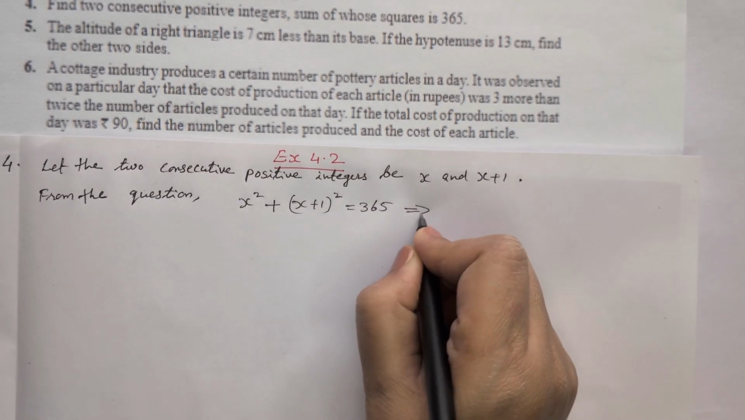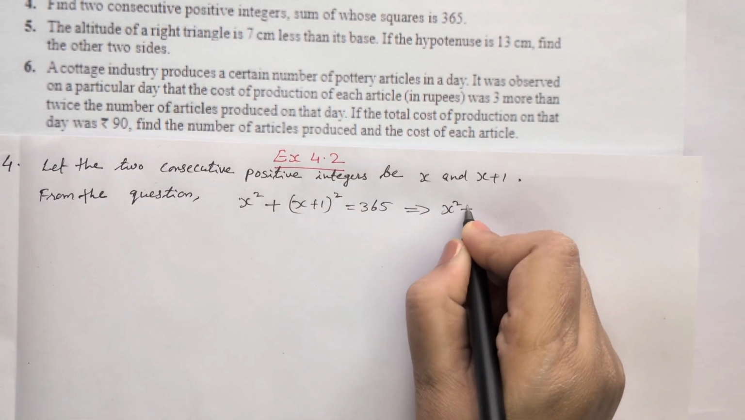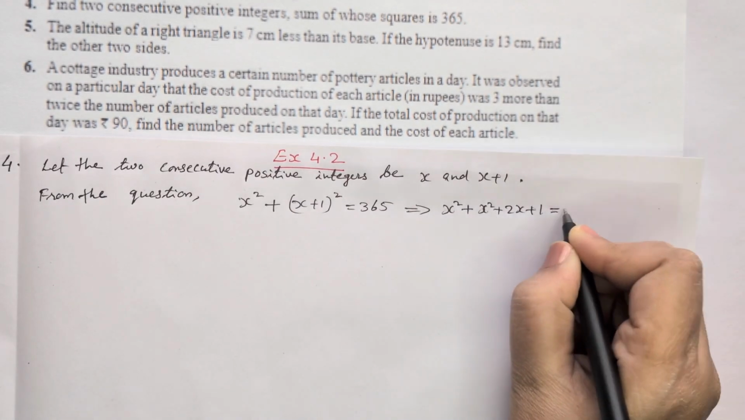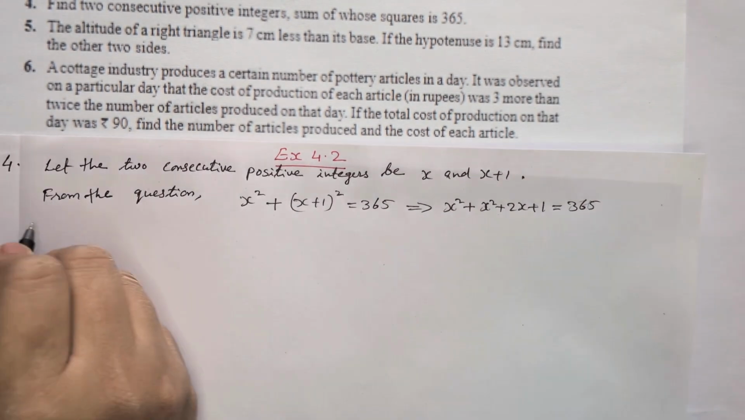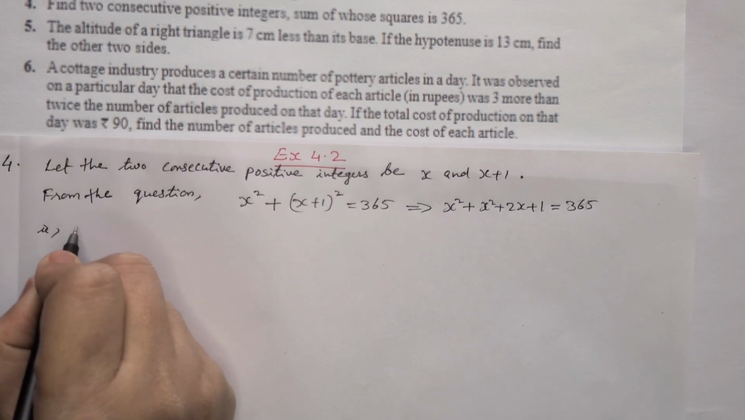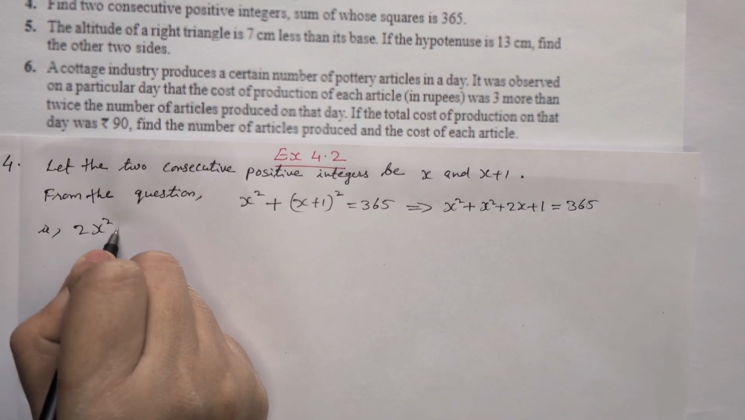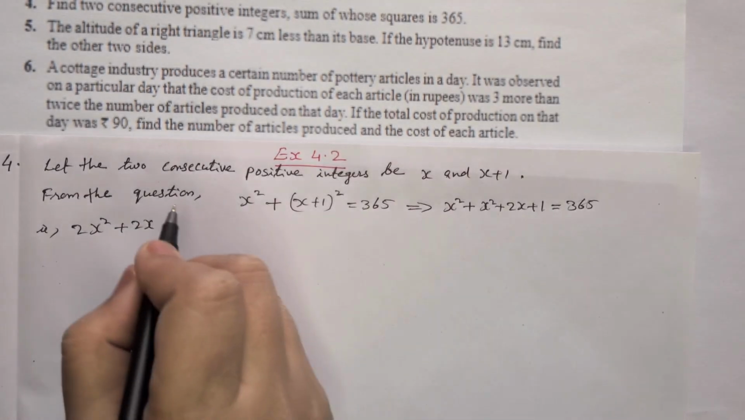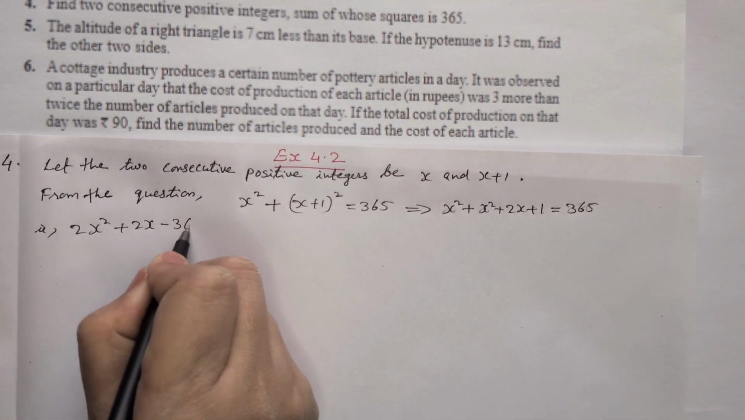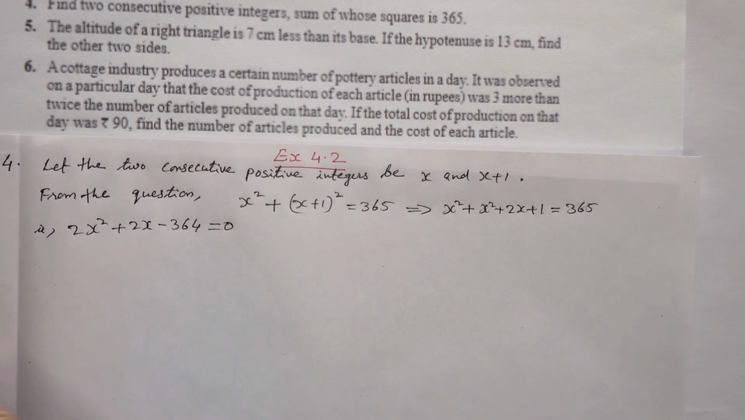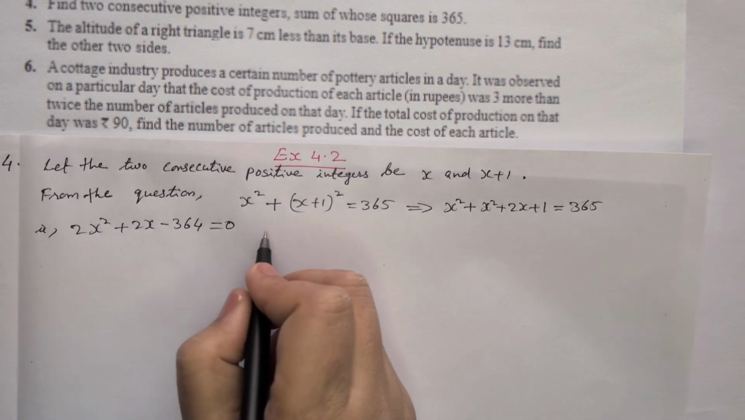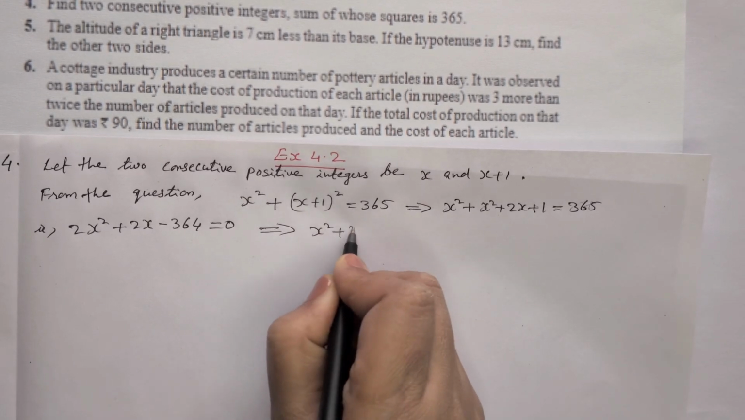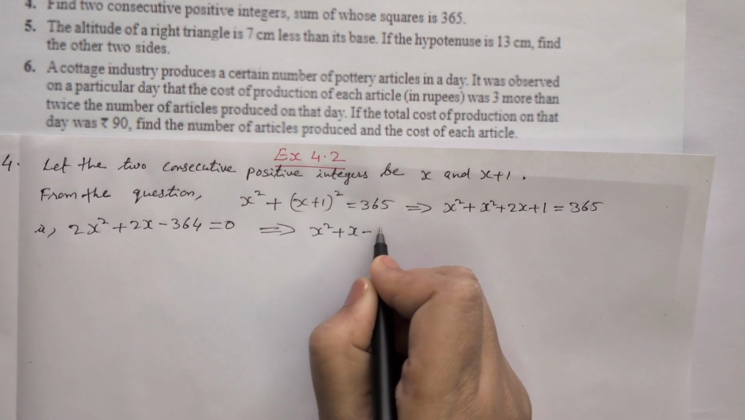When we are opening this bracket, x square plus 2x plus 1 is equal to 365. That means we can rewrite as 2x square plus 2x minus, move this 365 to the left side, so minus 364 is equal to 0. We can divide that by 2. So when we are dividing by 2, it will come x square plus x minus 182